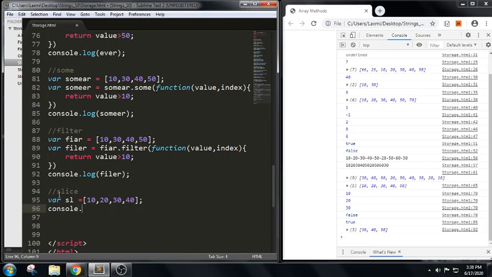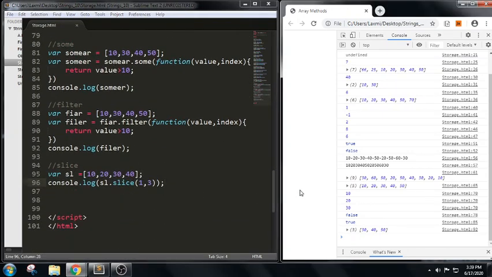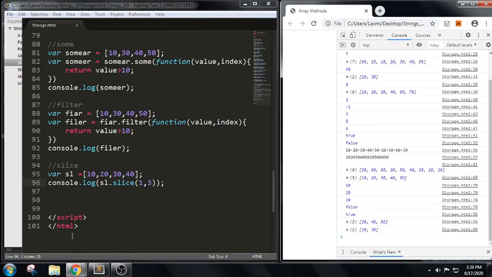I am going to write console.log of sl.slice of 1 and 3. If you can see 1 and 3 here. Let us see how it goes. 20 and 30.